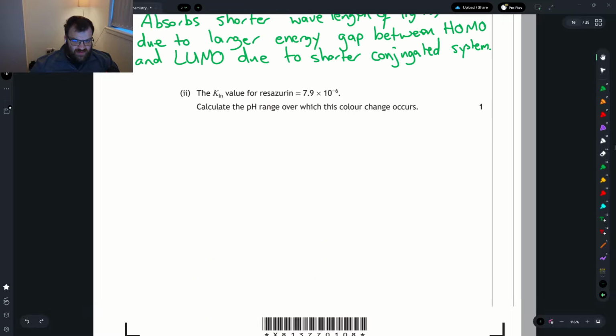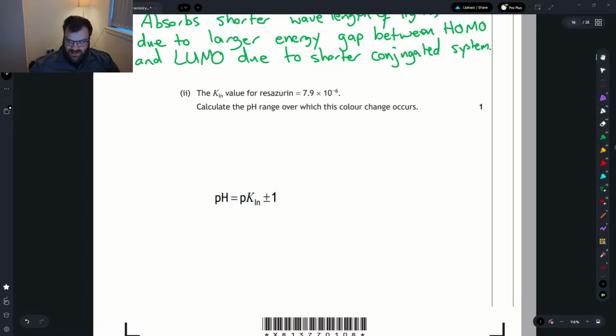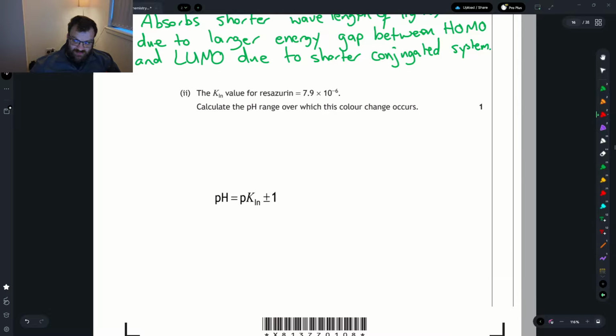Next one, we're going to look at the calculation to work out the pH when given the Kin. So one of the bits that's going to be helpful is that pH equals the pKin plus or minus 1. We are trying to do a range. When we're turning anything into the P version of that, so going from Kin to pKin, we want minus log to the base 10 of that value. I don't see it in the data booklet, so I wonder if that's just one we're supposed to have known. So pKin